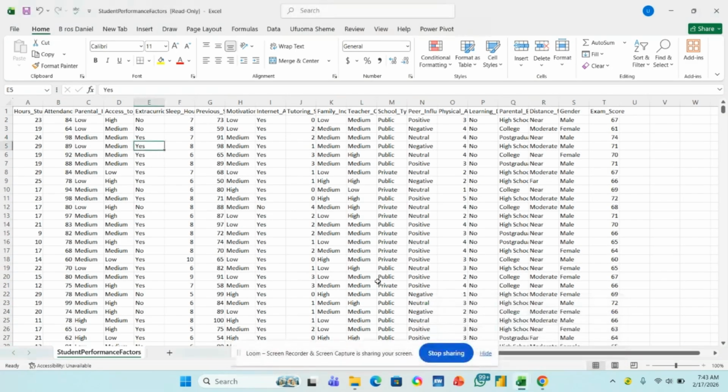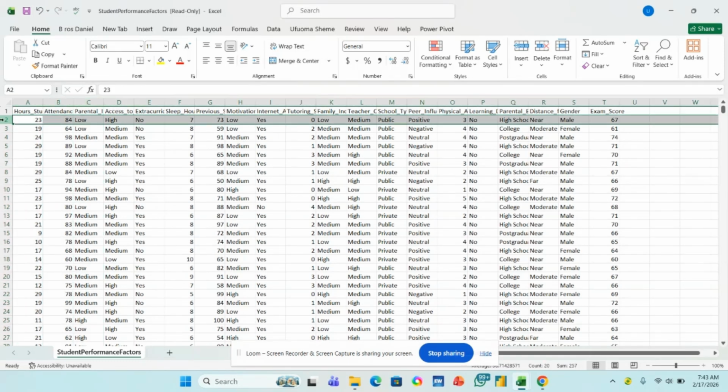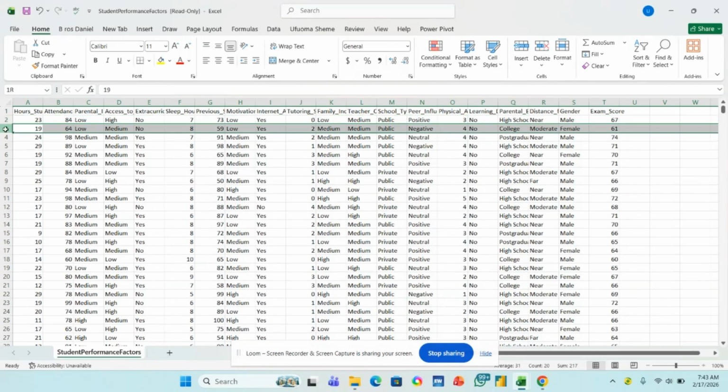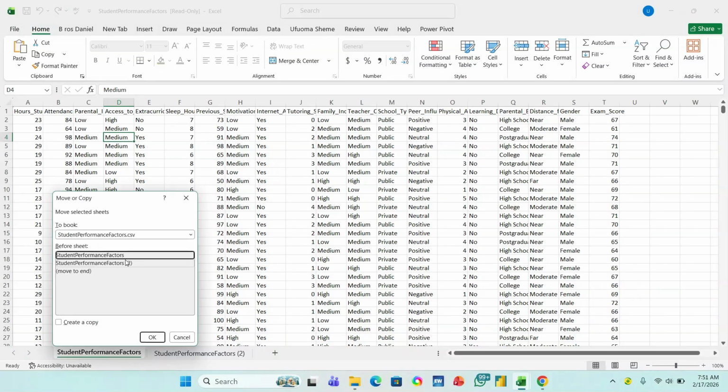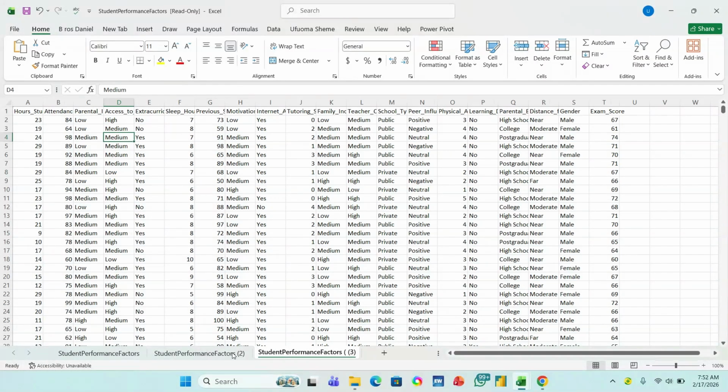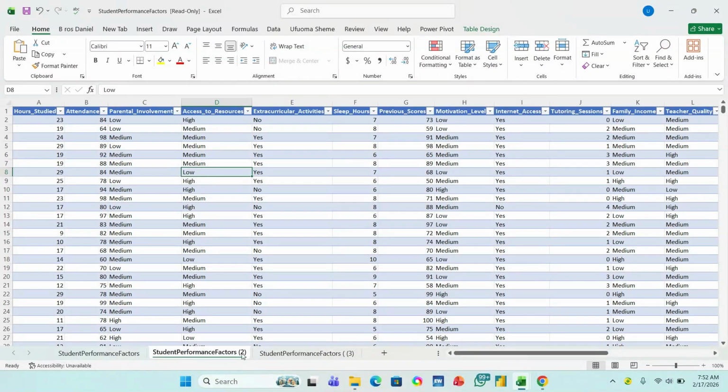We'll be looking at a lot more things here. If I want to create a table, one thing you need to understand is that A, B, C are columns, and here are rows. To move a sheet to another workbook entirely while still working with it in this workbook, we just need to click Move or Copy, move to the end, then create a copy. And then I want to make this one look like this.